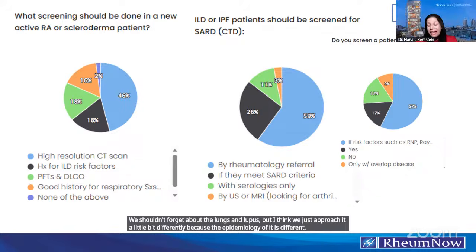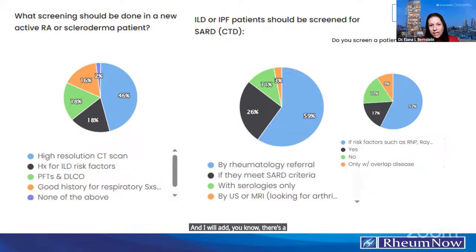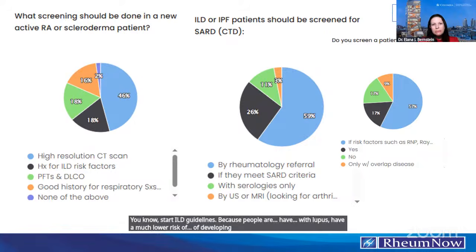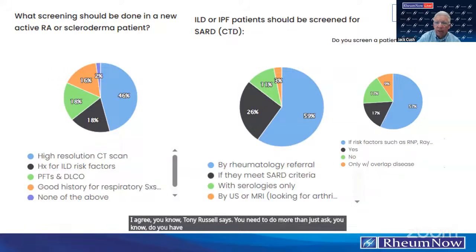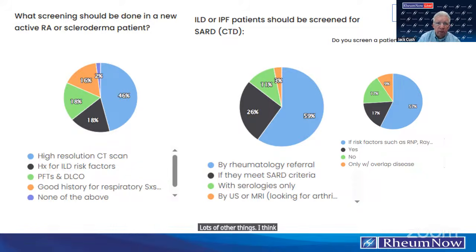And I will add, there's a reason that lupus was not included in the ACR chest SARD-ILD guidelines, because people with lupus have a much lower risk of developing ILD. Right. I agree. Tony Russell says you need to do more than just ask, do you have joint pain? Because then you're going to get lots of fibromyalgia and lots of other things. I think that we should co-develop